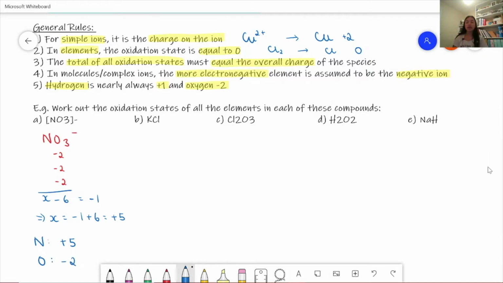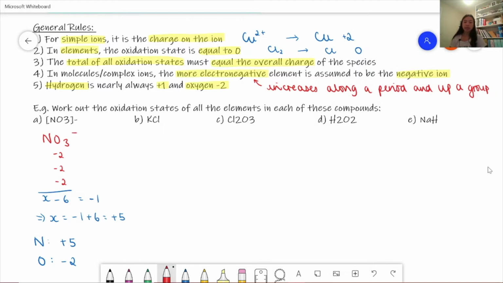And to work out which element is more electronegative, we have that electronegativity increases across a period and increases up a group. So fluorine is the most electronegative element that we have. And then looking at